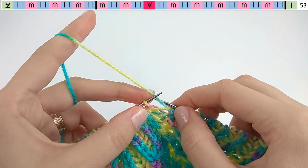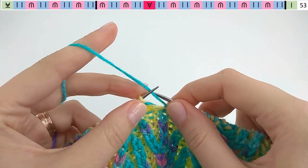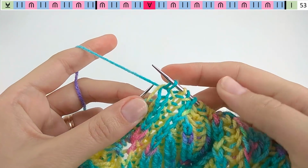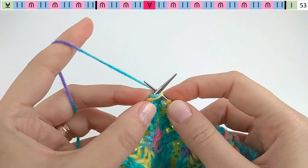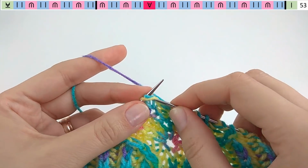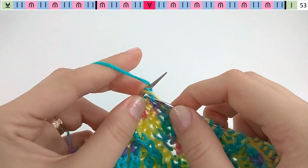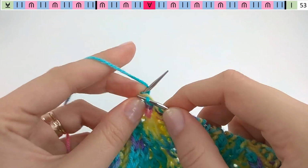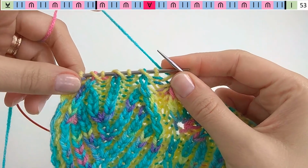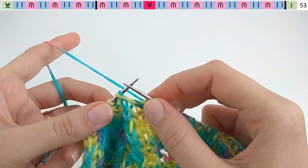And then I'll do the second one that I have, slip on yarn over, brioche knit 5, that's 2, 3, slip on yarn over in between, 4 and 5. And after that, slip on yarn over, brioche knit, yarn over, brioche knit. Slip on yarn over, brioche knit 2 columns, 1, slip on yarn over, 2, slip on yarn over. Well, after the second, it's the end of the repeat, and then we do the symmetry stitches, and it's brioche